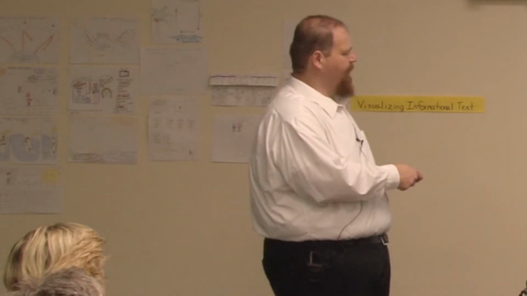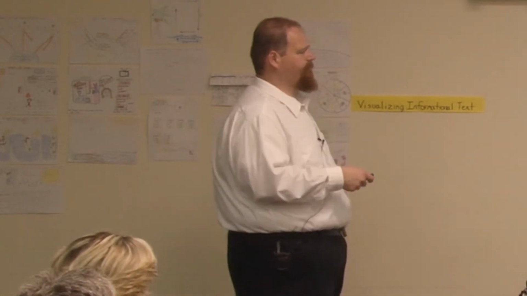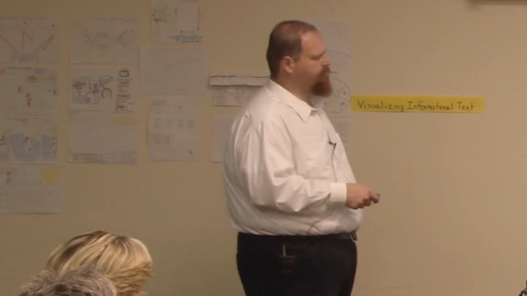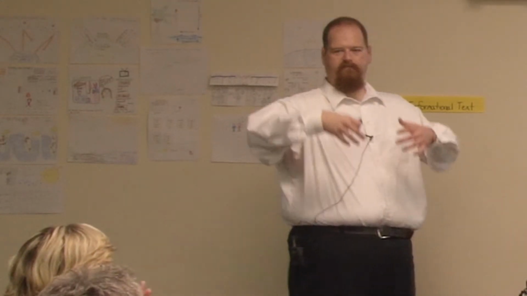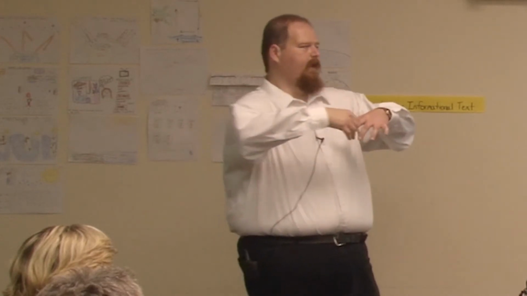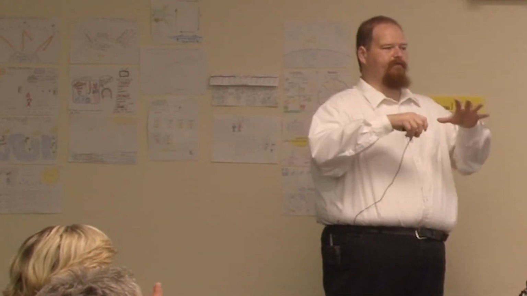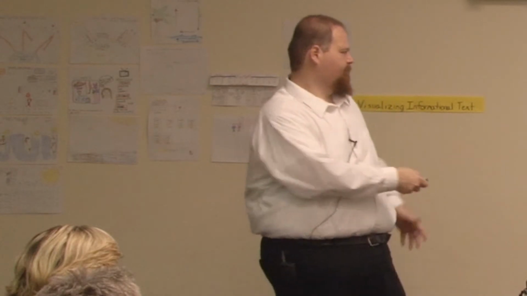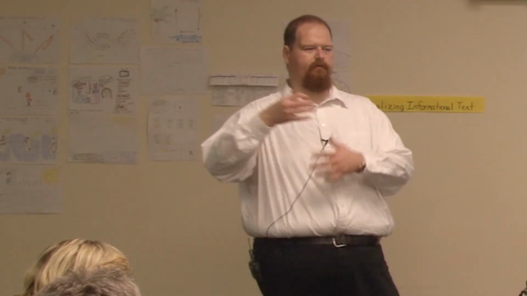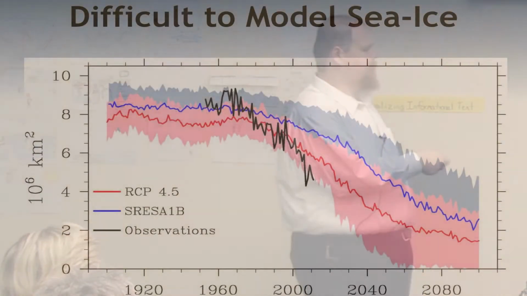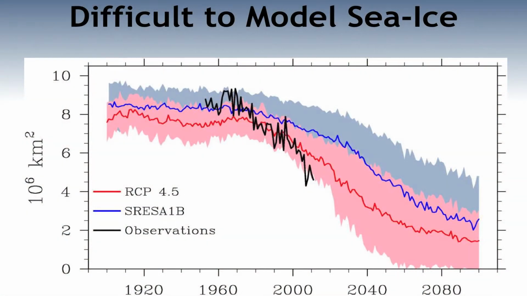Sticking with the sea ice, one of them is clouds and land surface, but sticking with the sea ice, this is just a few of the different processes that are occurring. As the warm Gulf of Mexico water flows north near Greenland, it cools off. And as it cools off, the fresh water on top will freeze. That leads to a process called brine rejection, so you get saltier water. That changes the ocean dynamics, and you may have heard of the thermohaline circulation. These are all important processes that are very difficult to model.